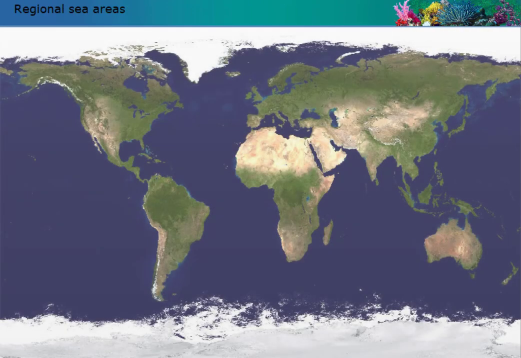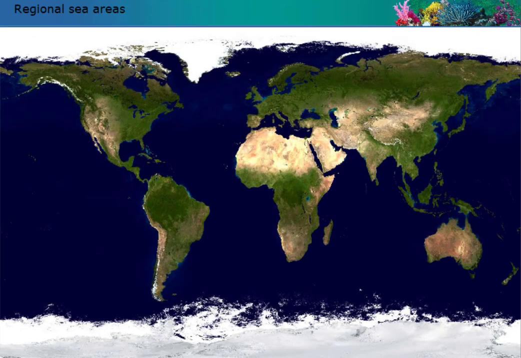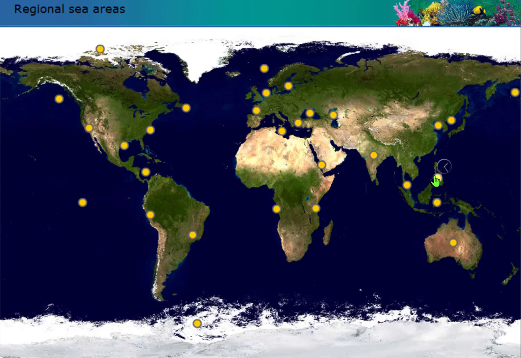This world map shows 30 different sea areas all over the world. Please select one area close to where you live, one area on the other side of the world, and